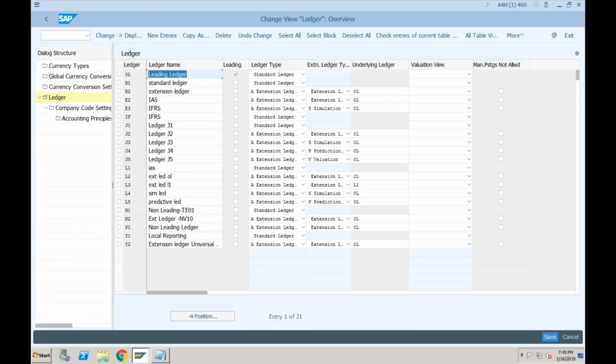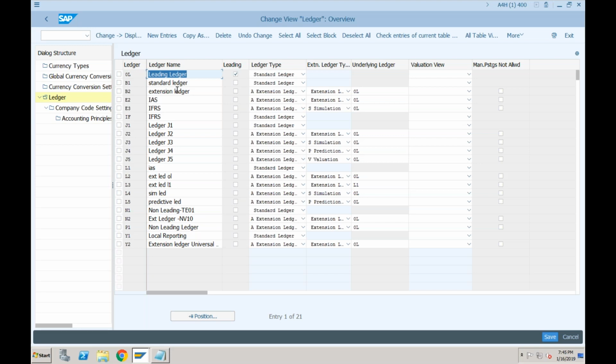Again, let me go to the screen. Now, in SAP ECC, when we talk about the currencies, there were 3 currencies in total. The first one was the company code currency, and then there were 2 parallel currencies which can be assigned to the company code. Apart from that, there was a 4th currency, which was a controlling area currency.